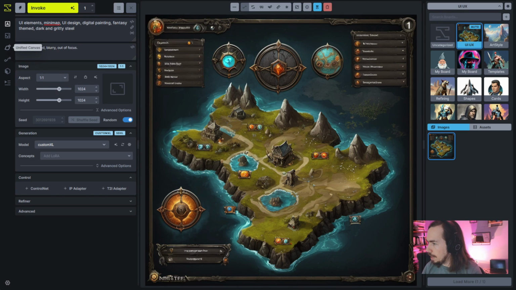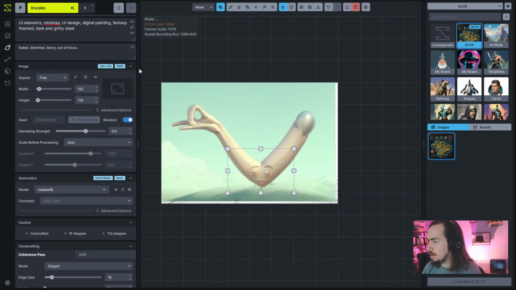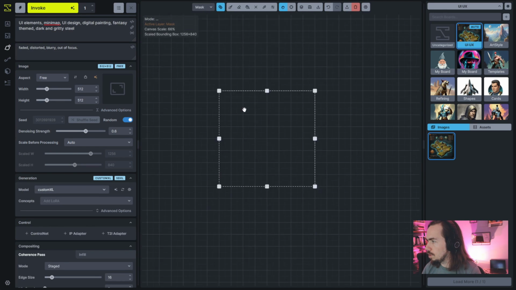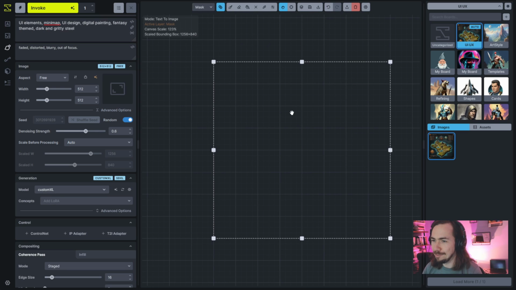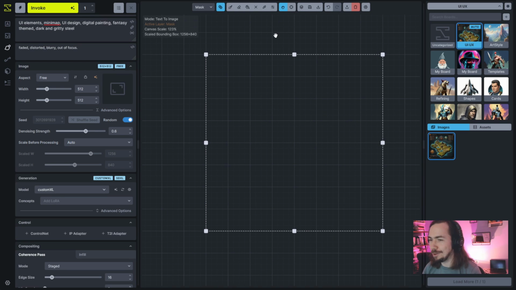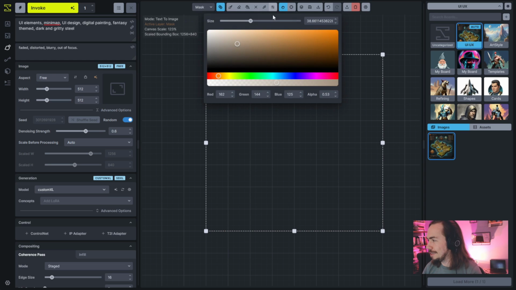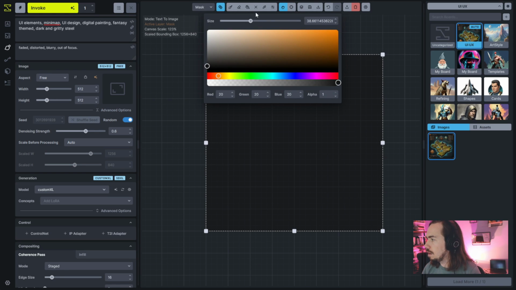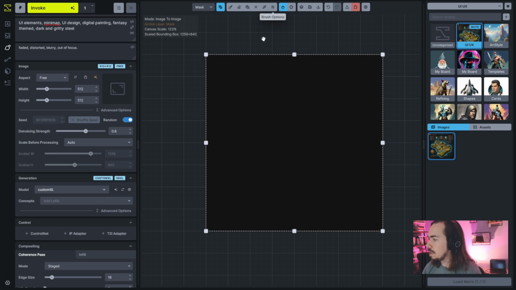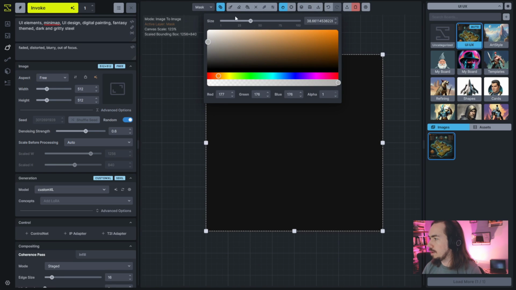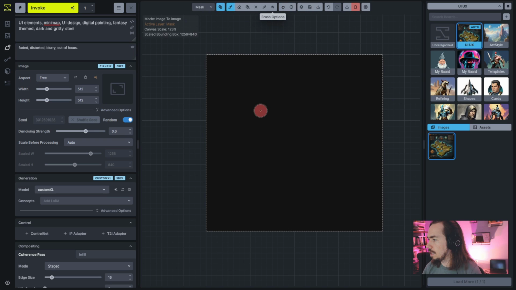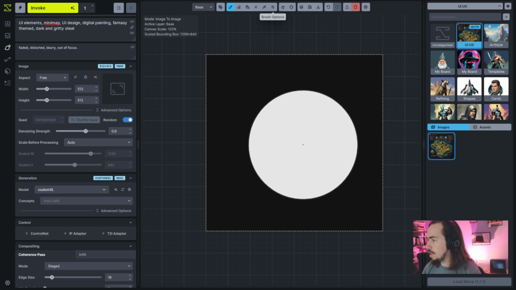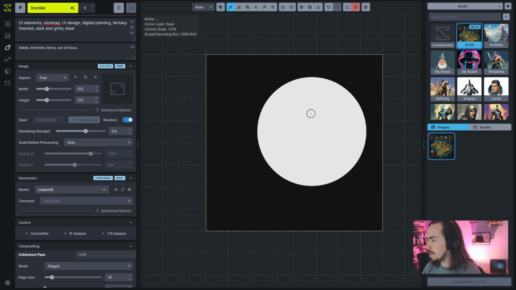So what I might try, I'm going to go in. I still had an image from somebody from the community. If anyone was in the Invoke chat and gave that challenge out, you can see it. I'm maybe going to do a grayish background, and I need to make my opacity all the way opaque. I'm going to do that grayish background, and I'm going to have a color, and maybe I'll do something like